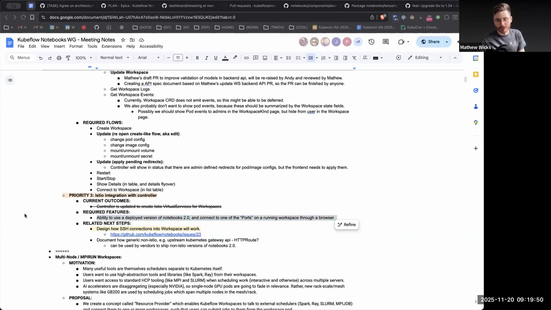The SSH one involves Istio though, so is that a top priority? Probably not. I think it's like a 2.1 top priority. Actually, I think this is a top priority, which is we need to agree on how we're going to do it, even if we don't implement it. This is a design thing, not implementation. Is there something foundational that needs to change about our approach, or are we good to just push forward with gateway plus virtual service being the only router? Because SSH obviously doesn't use L7; it uses L2 or 3 or whatever TCP is.